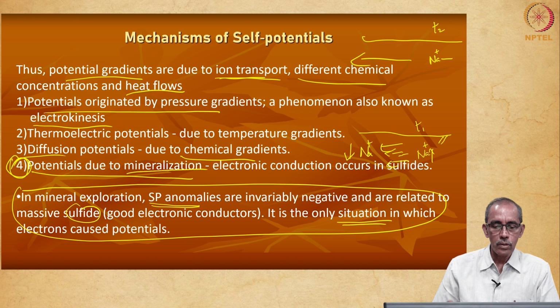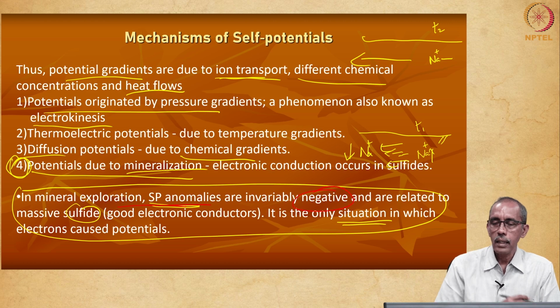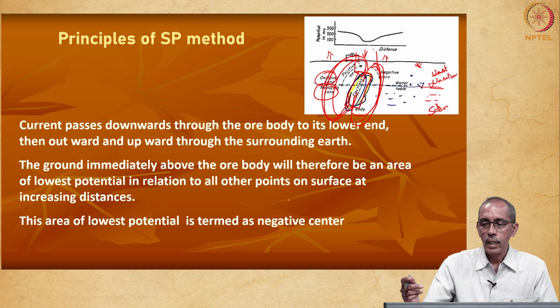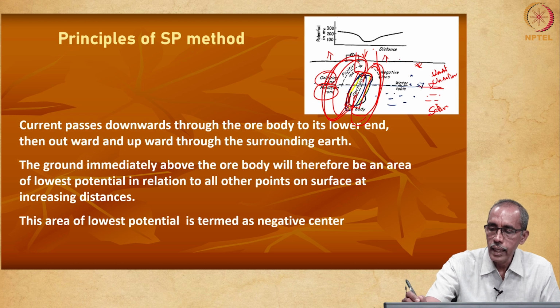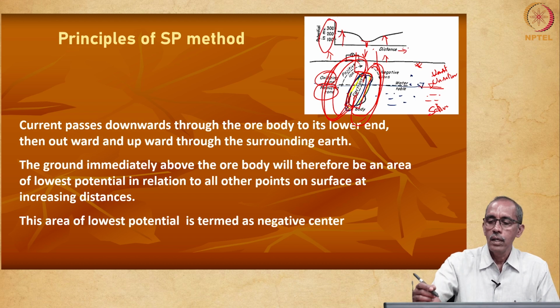I will go back. So here we said in mineral exploration we look for cell potential which will invariably be negative compared to the surroundings. Here you see above the mineral body the cell potential is less, whereas at the sides it is higher. Here it is higher, here also it is higher, here it is lower. This is the scale of cell potential. The x-axis here is the distance. Just above the ore body the cell potential is less.